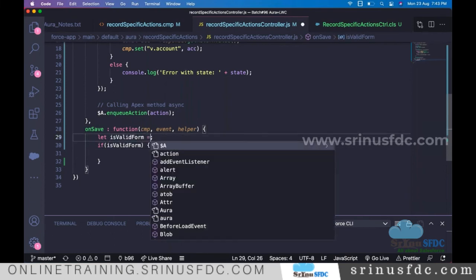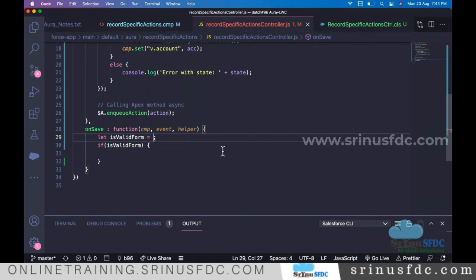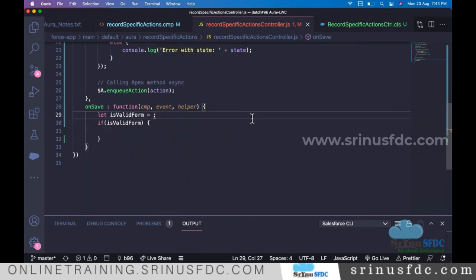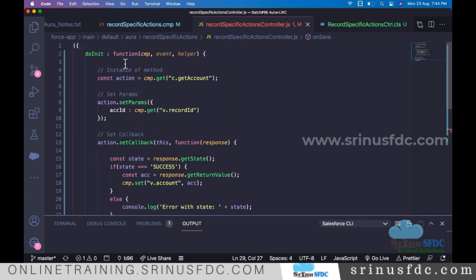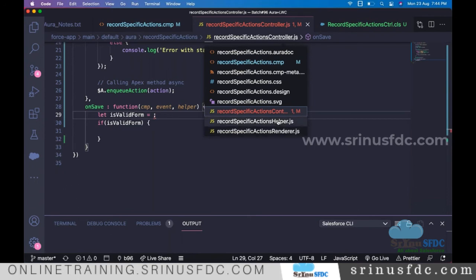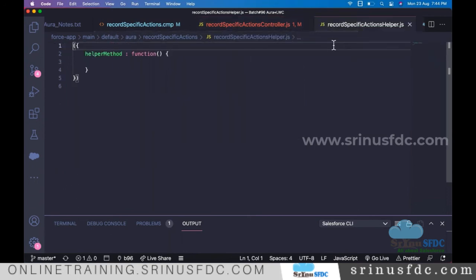But to validate, let's say I want to validate in the helper. So far, I think we are not using the helper, so we also use the helper. Basically, one of the best approaches is writing almost all the logic in the helper. We only use the controller for initiating the call, but most of the logic we keep in the helper. That's what people say is the best approach. In most projects also, you see the same thing. Slowly we are going to implement it in our further examples. Now, to know how we call and keep it, I'm opening the helper.